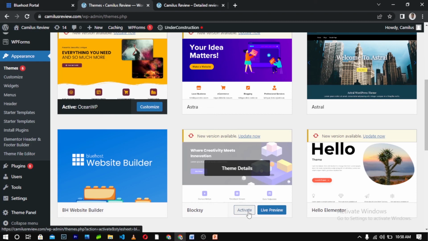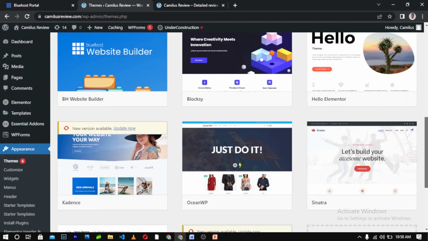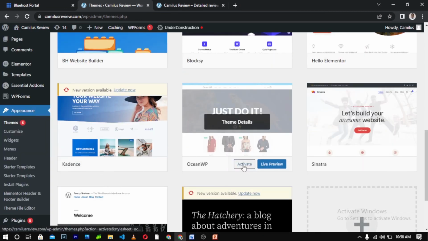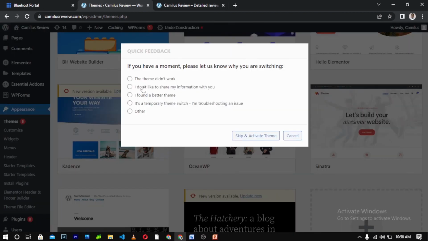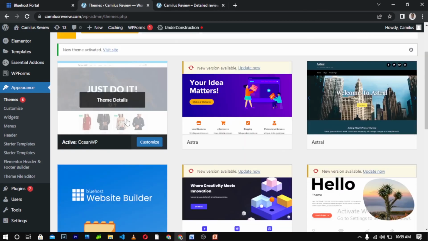So let's choose random themes here. Let's choose any theme here for educational purposes, just for example. Let's choose this OceanWP theme. Let's activate, skip and activate. It's showing that we should customize. Now it has been activated. Okay guys, so let's go to our